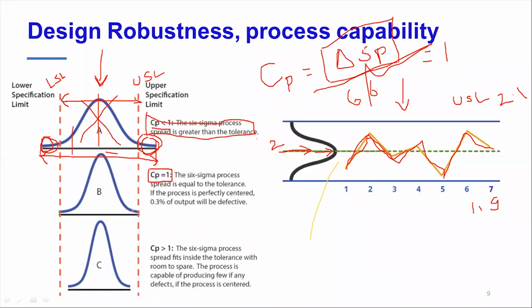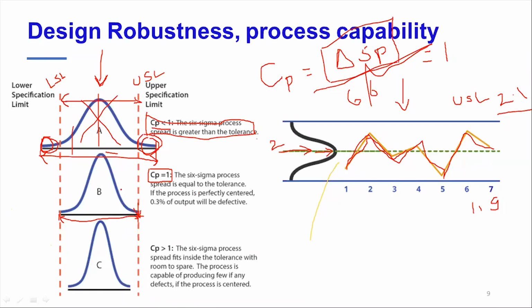You may say it is okay because our 6 sigma extreme thickness is still within the upper spec limit and lower spec limit. But as these are statistical quantities, let's say your thickness falls on the upper spec limit, so your thickness is 2.1. Are you going to accept it? No, because it's statistical, and there comes the confidence level. How confident are you that your thickness is going to be exactly 2.1, and what if it exceeds 2.1? Can you really take that risk? No.